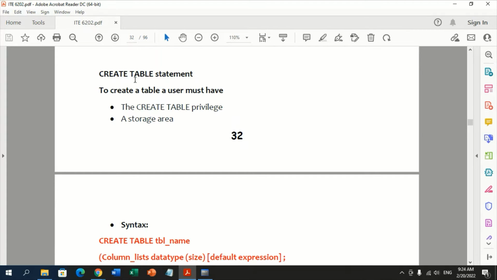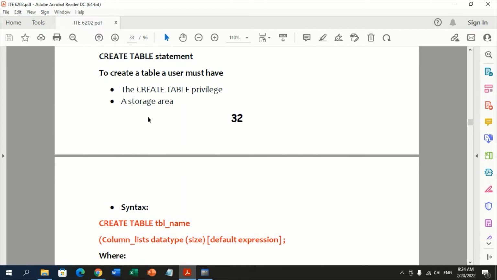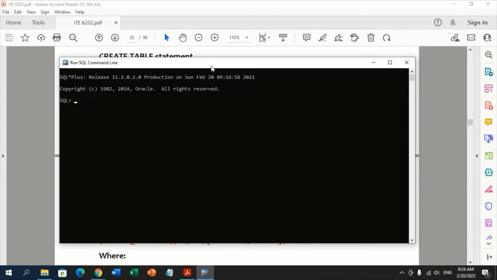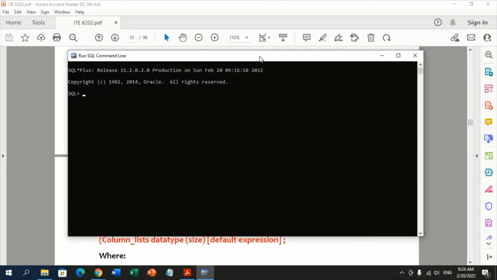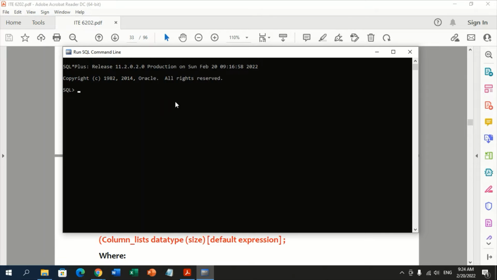To create a table, the user must have the two following, which are the create table privilege and the storage area natin. So, ito yung ating SQL command line, correct? Which is already discussed in the video before. So, unang gagawin ko, i-type natin dito is word na connect para makapasok tayo sa mismong Oracle 11g